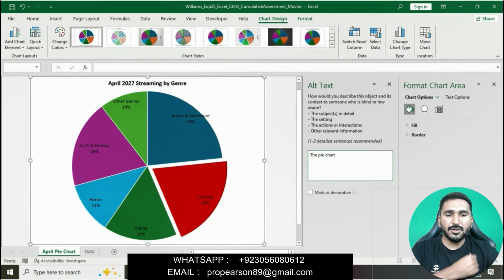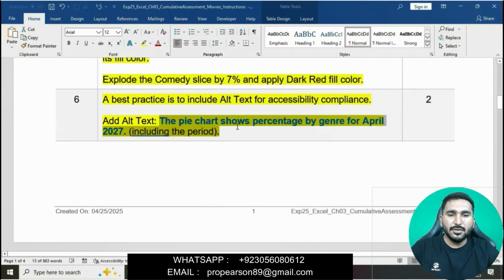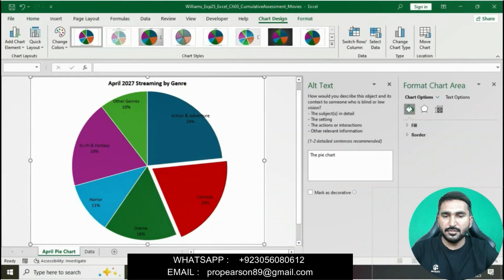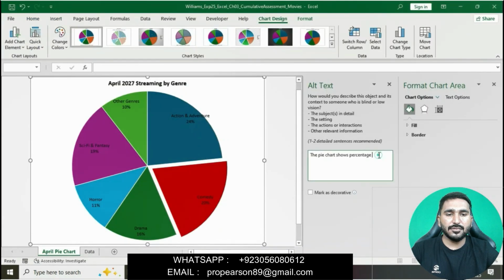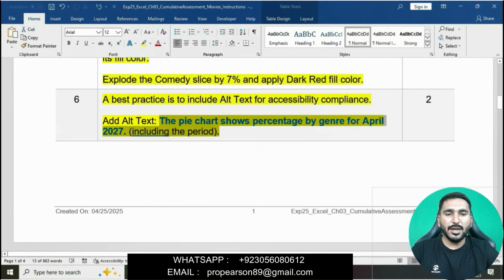The pie chart shows percentage by genre for April 2027.